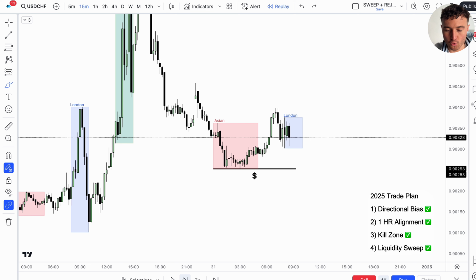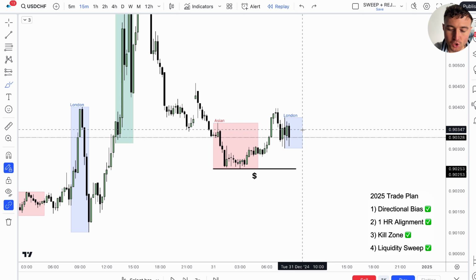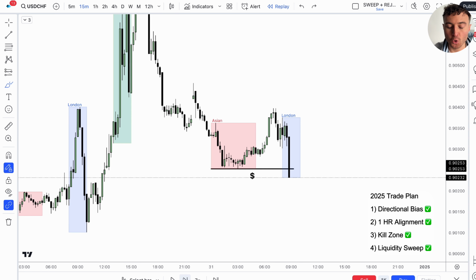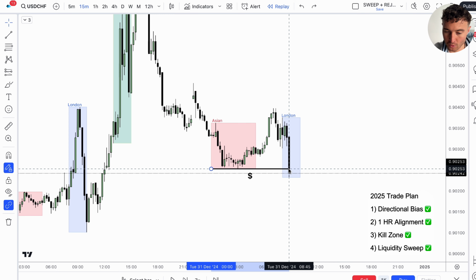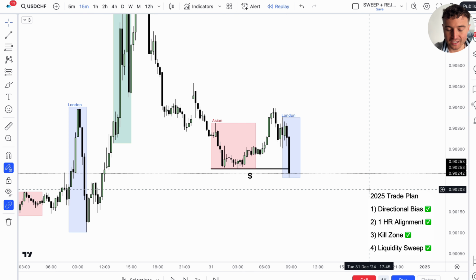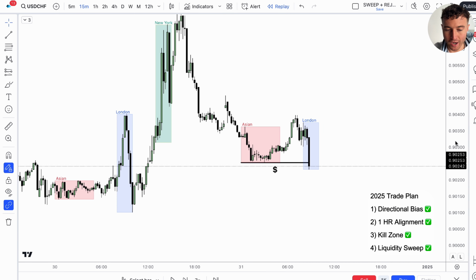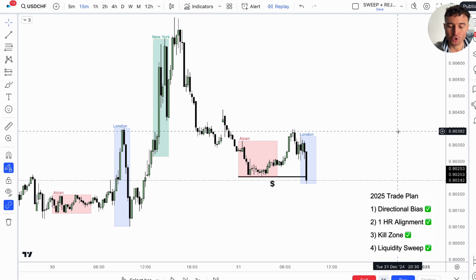So let's have a look right here. You can see we are during a kill zone. So we're during the London session. We're anticipating a liquidity sweep because that is what institutions need to do before they move price in the intended direction. So if you go back and study all of the biggest moves on the chart, what you will find